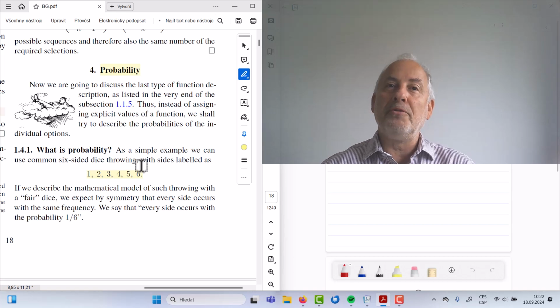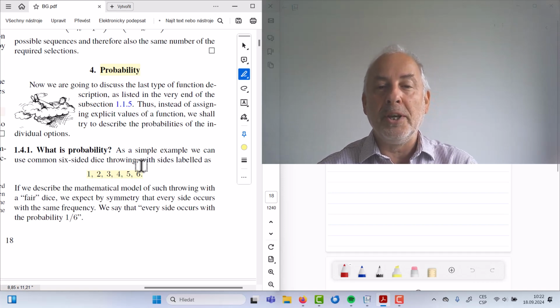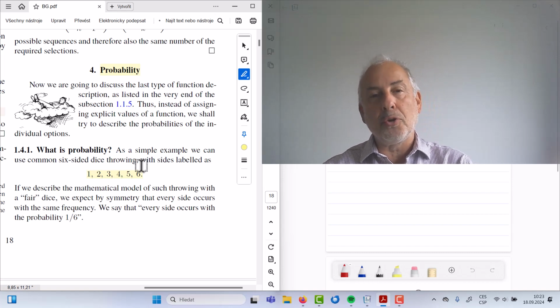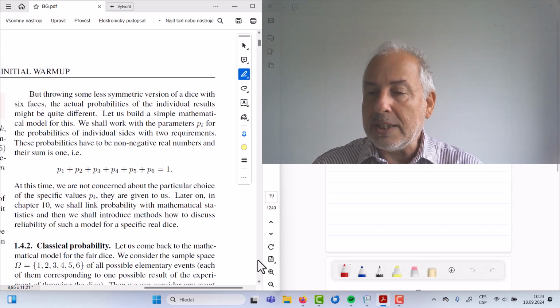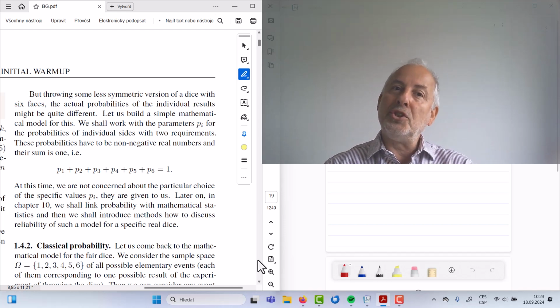So it's a well-defined function, and what we can do is to count what we call probability, the probability with which we can expect some of the results. And that's already at the core of data science, right? So let's have a look, and I will present a very simple example of building a mathematical model, a mathematical theory, adding enough abstraction to have the simplest possible example you can have in your mind working as a general tool, right?